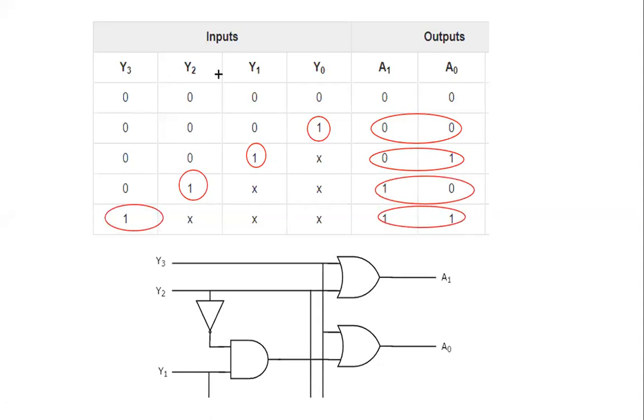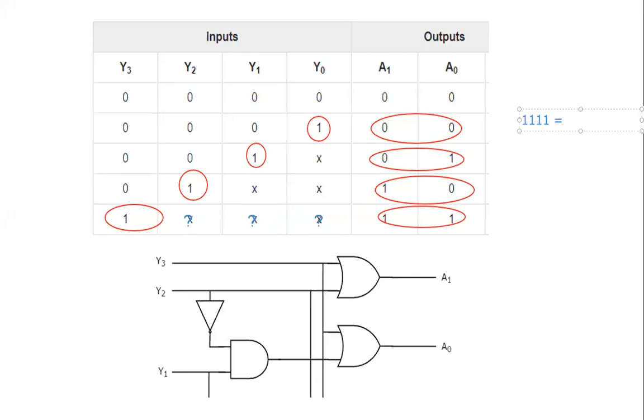Now, what happens to these don't care conditions? We have given an x. This value can be either 0 or 1. Now, suppose I have the combination 1, 1, 1, 1.